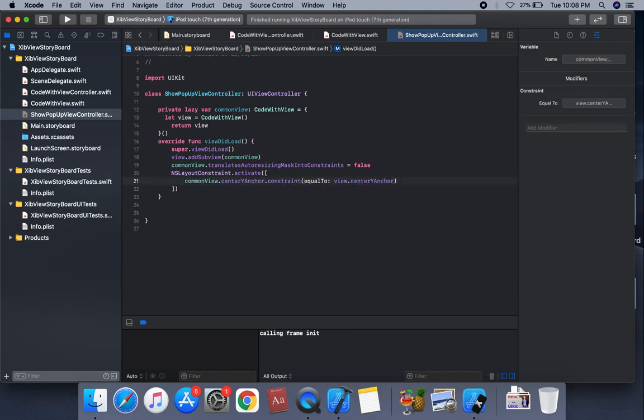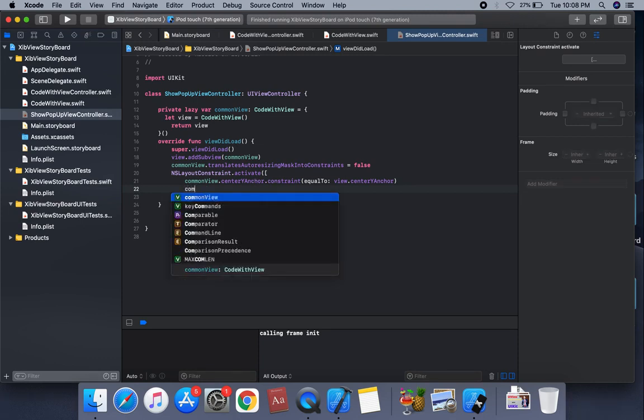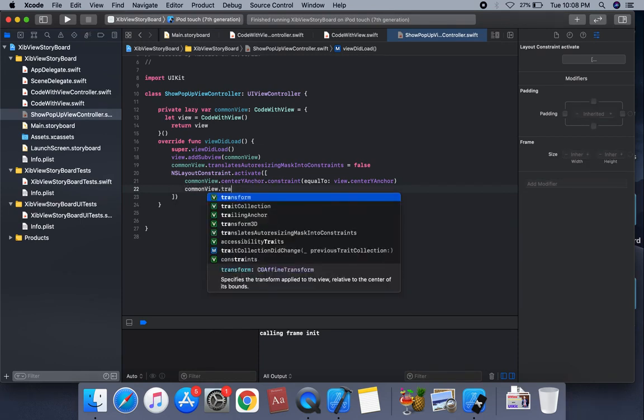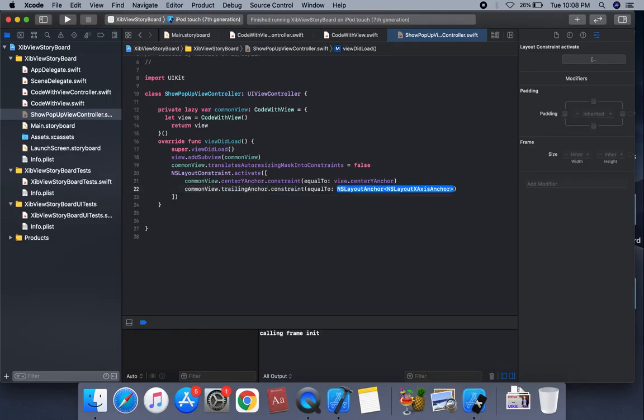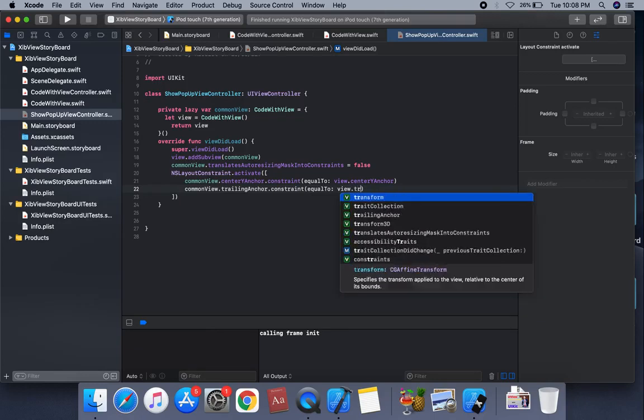We're gonna apply this constant center y anchor, and we're gonna apply this constant trailing and leading. So this is a trailing and leading. So we're gonna apply this common view dot trailing anchor dot constants equal to view dot trailing anchor,